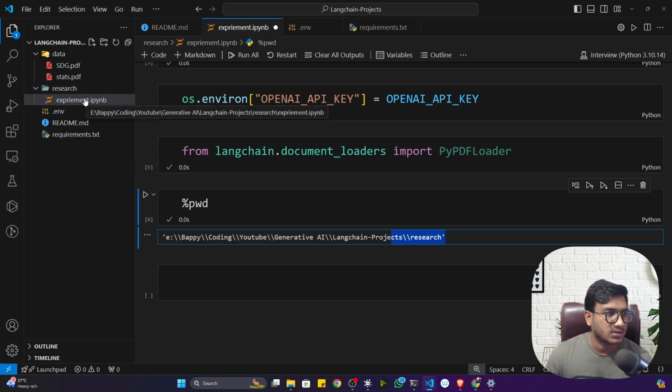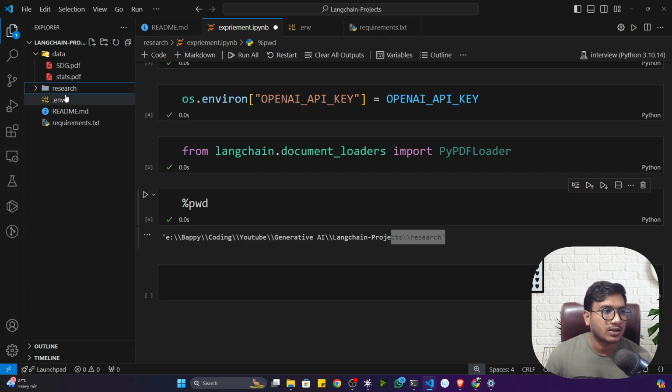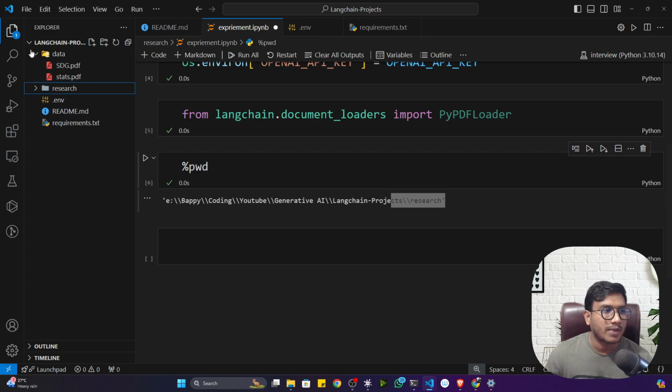Because this experiment.ipynb is available inside my resource folder, but where is my data located? Is the data located outside of the resource folder, yes or no? Because outside of the resource folder, data is available. Okay, now if I want to go back to my root project directory, that means the LangChain project, what I have